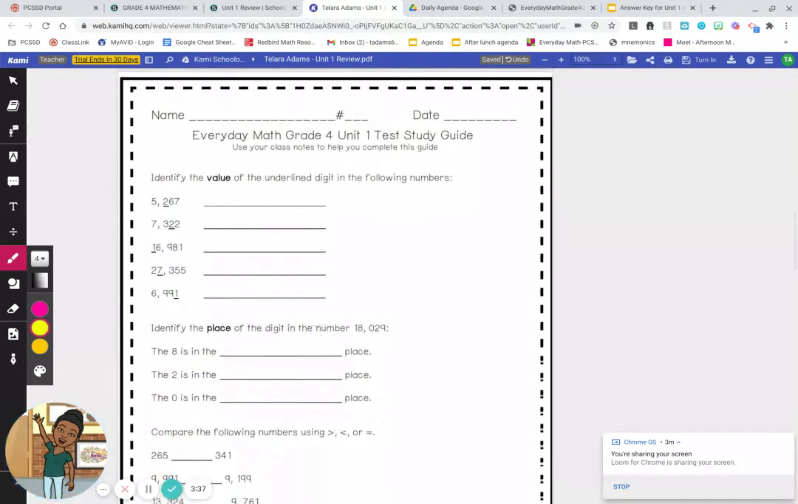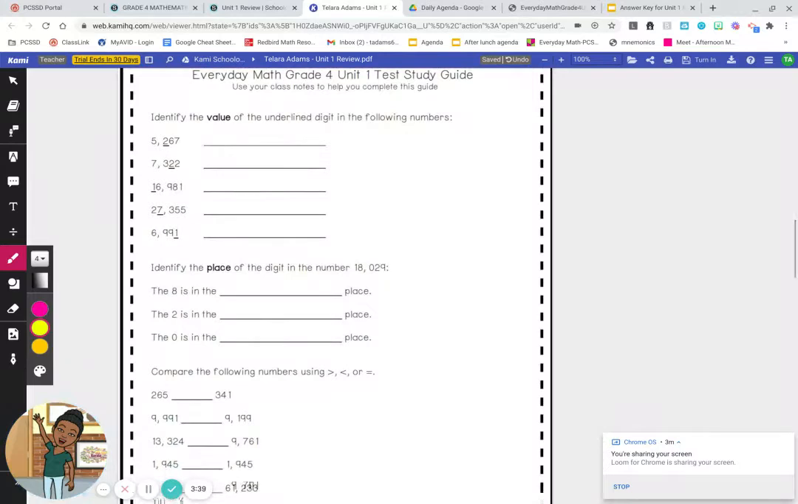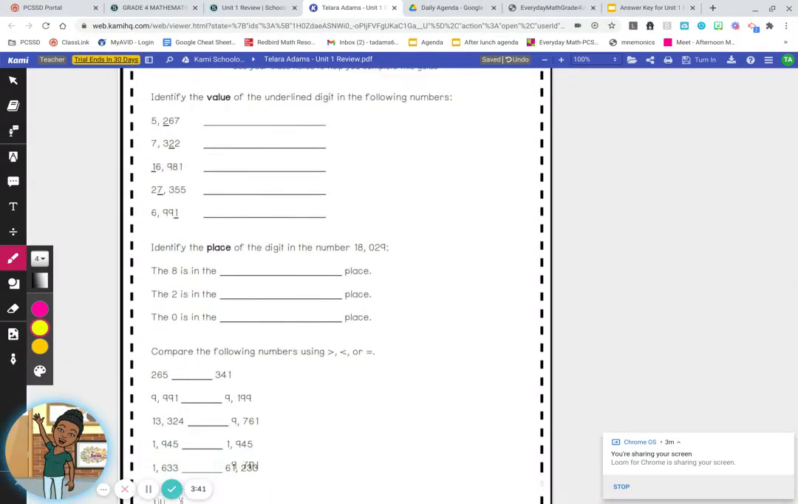Now, here comes the work part, guys. For this study guide, if you work through it, you're going to be just fine. Let me know if you have any questions. Let's do the first two together. We are going to identify the value of the underlined digit in the following numbers. What is the value of the 2? The 2 is underlined, so we're finding the value of the 2 in the number